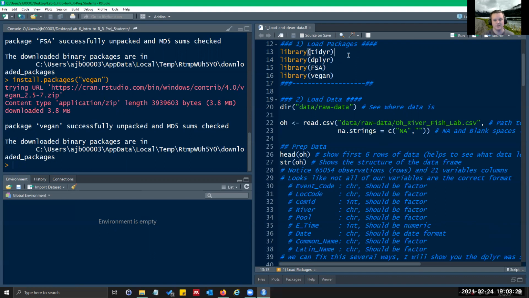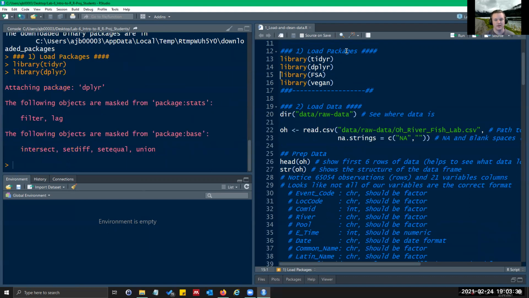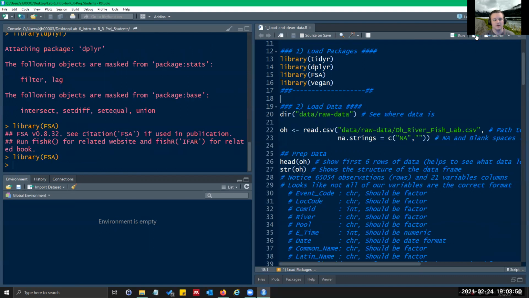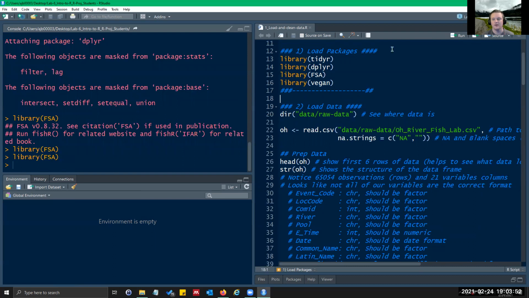The way I like to run it is I just put the cursor on the line, hold Control and hit Enter. The other way, you can go up here to Run and hit Run. I think if I did this, I don't know, I guess that's not super useful. There used to be a way to run all code above a certain point. Maybe they took that out.